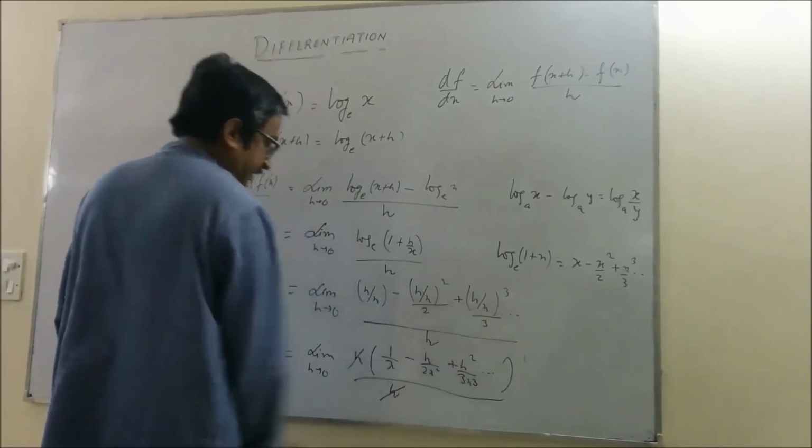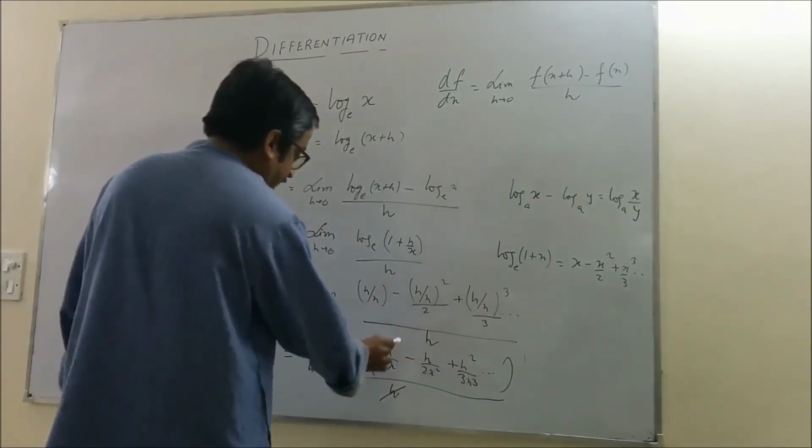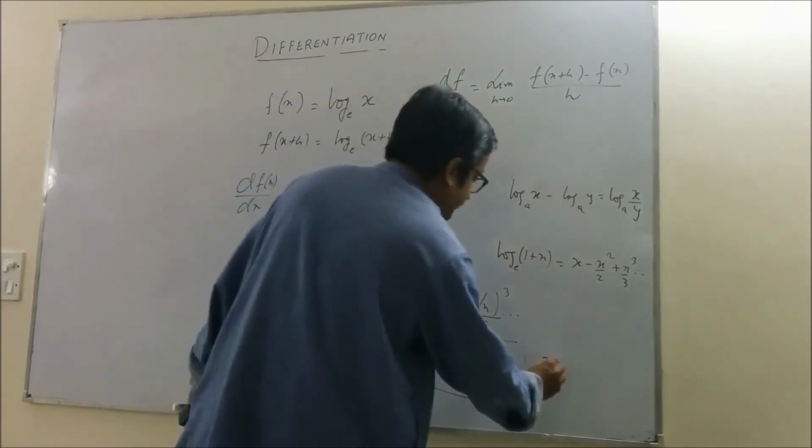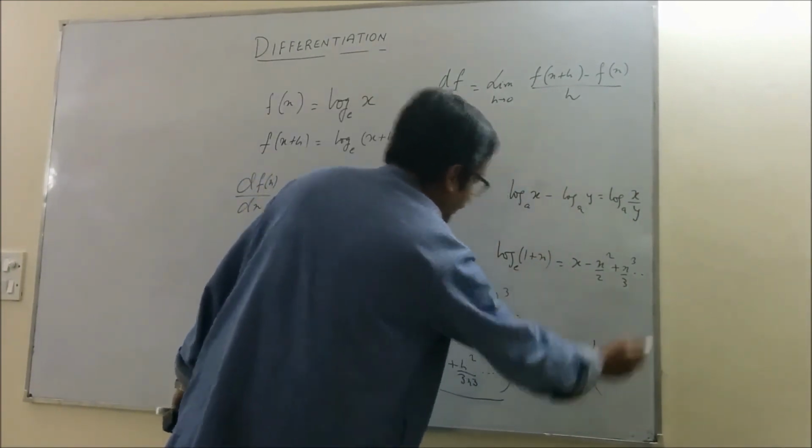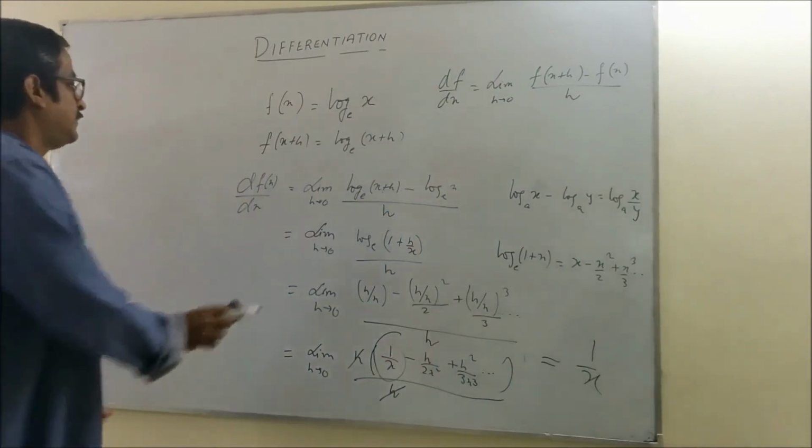All terms contain h. So I'll be left with only this term, which is, after taking the limit, 1 by x. So we get